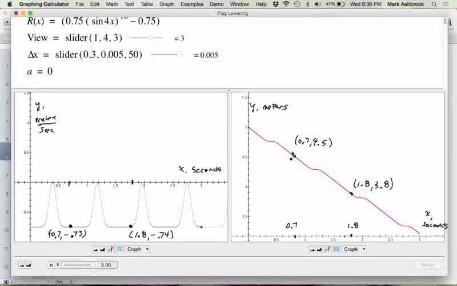Okay, let's come up to this one right here. So right here in front. What does this point mean right here? She said at 0.7 seconds, the flag is at 4.5 meters. Good. And then this one right here. At 1.8 seconds, the flag is 3.8 meters above the ground. Good. So what I want you to do is, in 2 different ways,